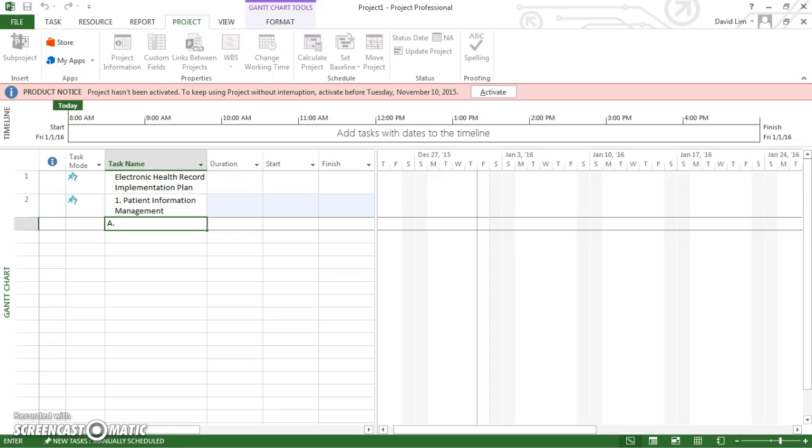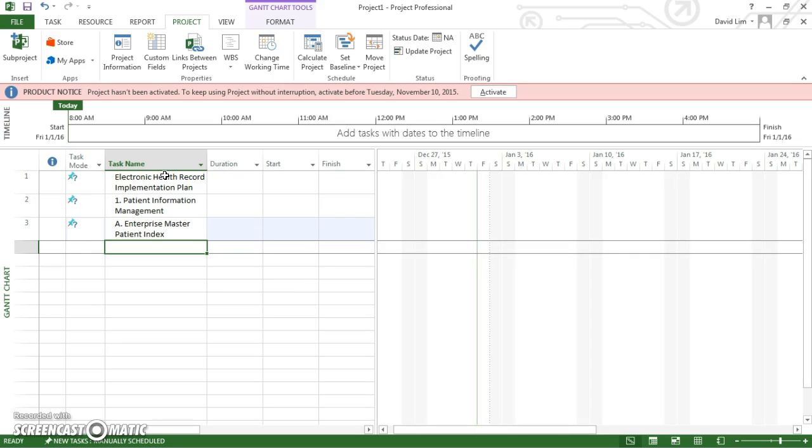You can designate that by using A or I, or whatever way you'd like, just to make sure that you are easily able to distinguish major tasks from subtasks. So Enterprise Master Patient Index,